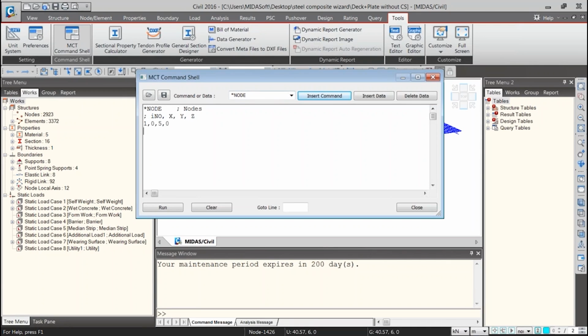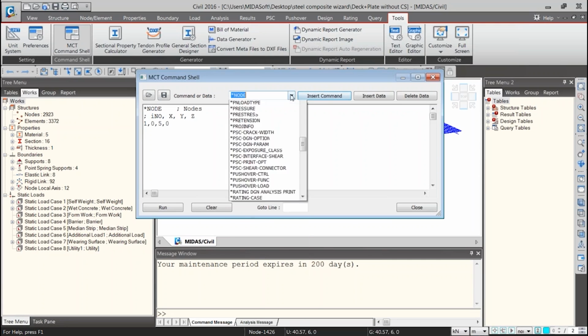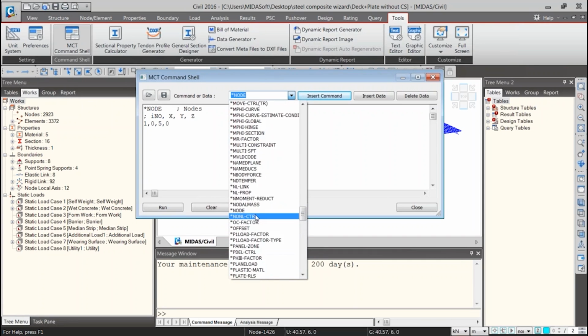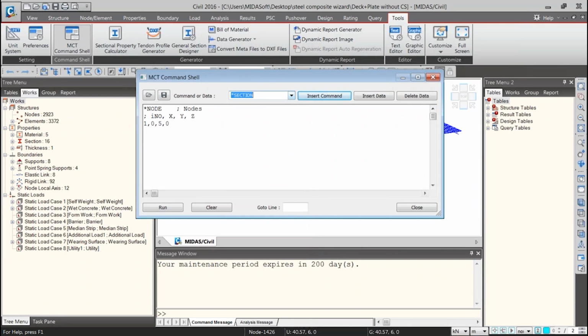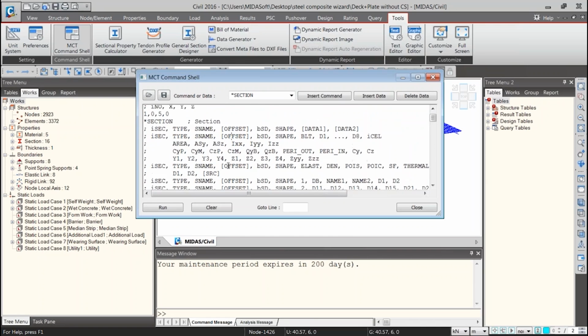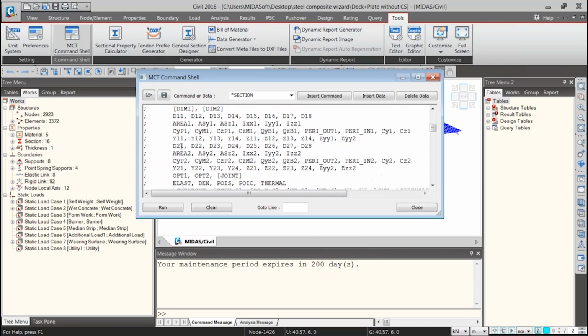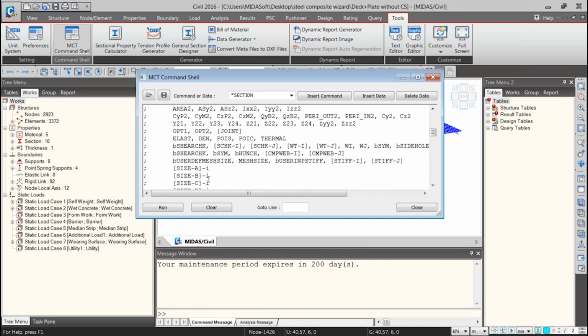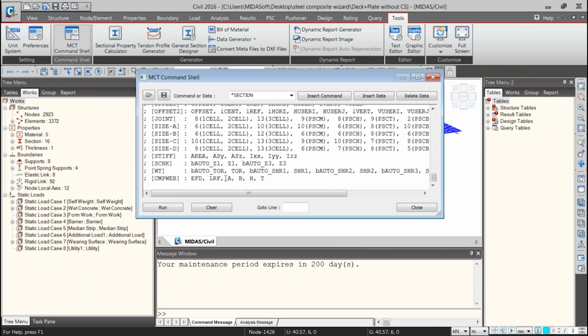Similarly, Midas has different commands, like for section properties, you can go to section, click on insert command. Because there are different types of section, it has many different command algorithms, but you can simply follow these notations and enter these commands.